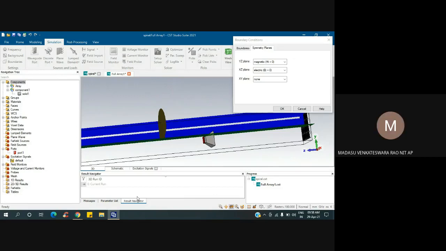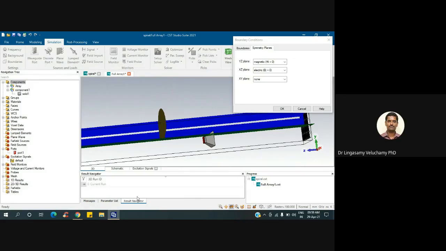If you take half of the plane, then it is an electric plane. Electrically, it is symmetric. So that's why we are taking the XZ plane with ET equal to 0. Then the magnetic field.